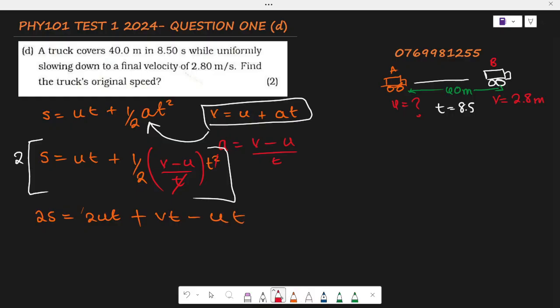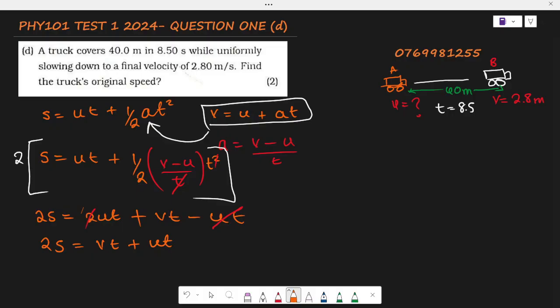And this one can cancel with one of these. Okay, and what we're remaining with is this 2s is equal to vt plus ut,